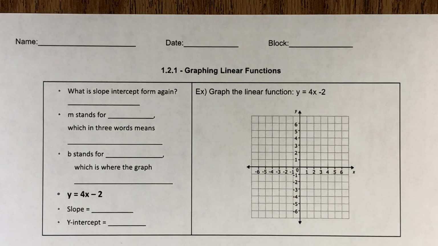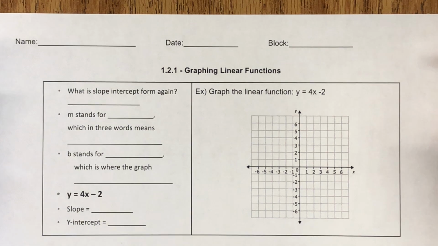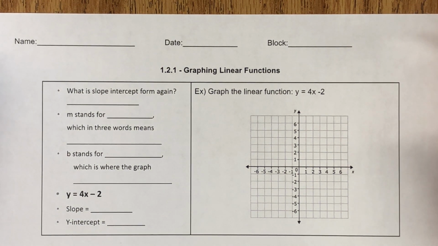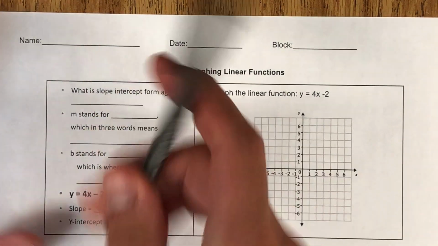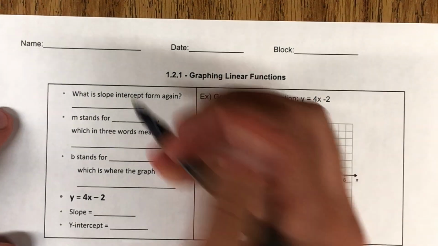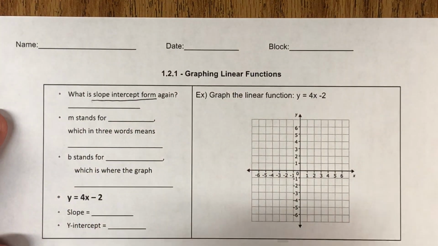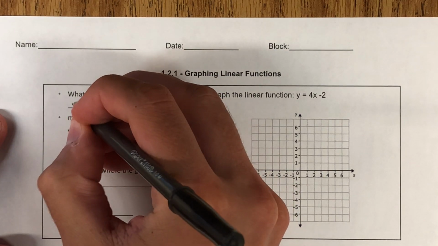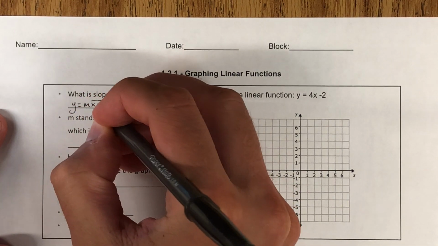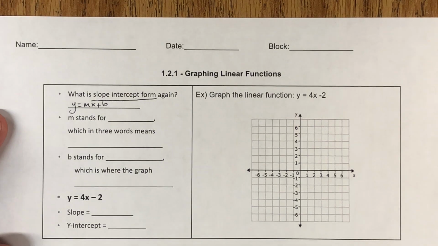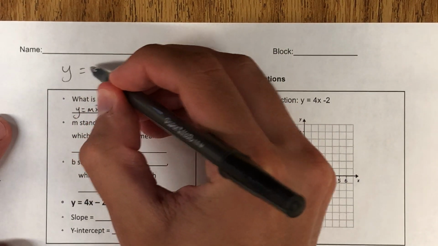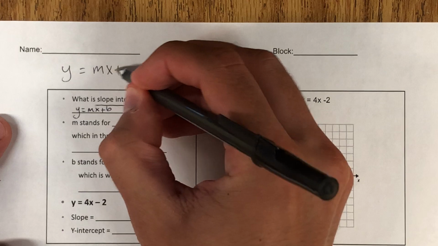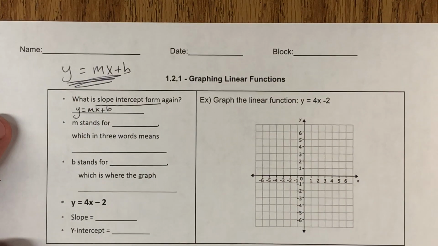1.2.1, graphing linear functions. So we're going to focus on, obviously, graphing linear functions. To be able to graph functions that are linear, the best form we want to use is slope-intercept form. So that should always be what we're thinking when we want to graph linear functions. Remember, slope-intercept form is y equals mx plus b. That's our slope-intercept form,